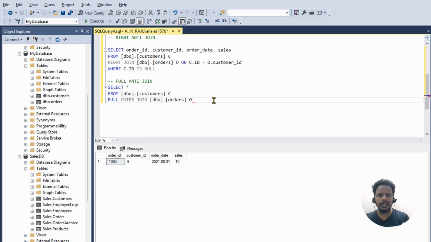Because alias name is the important one for using joins. So sometimes we'll have same table names. At that time, if you're using alias name, it will be easy to show the differentiation. c.id equal to